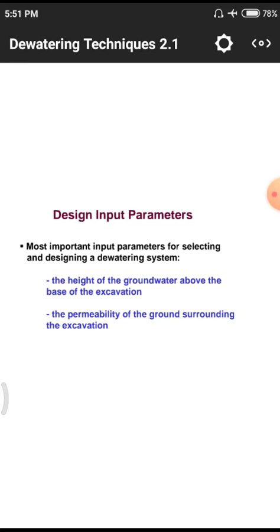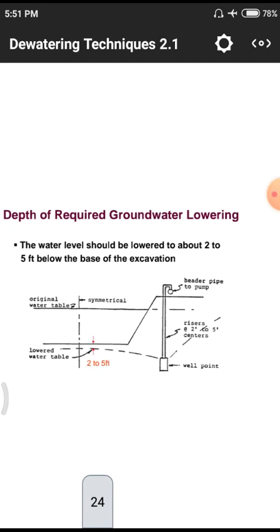In the previous measures, we observed that trenches and others are constructed. In some cases we are using dug wells and boreholes, and sand wicks are already constructed in the field itself to control the groundwater level. Those are the two parameters we need to consider whenever we go for these designs. And next one is the depth of the required groundwater lowering. That means we need to lower the groundwater level by a particular amount.